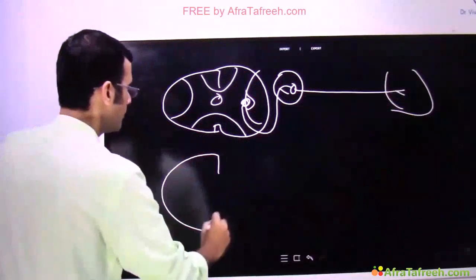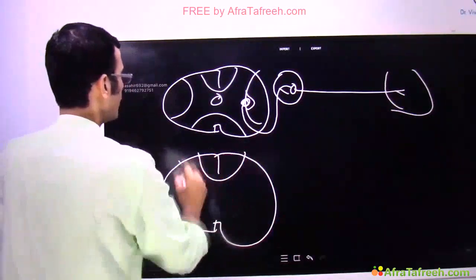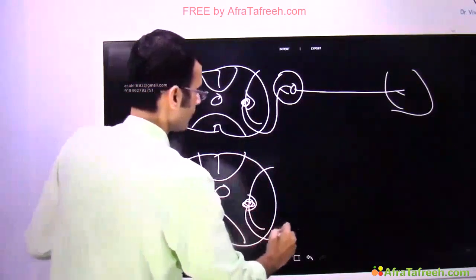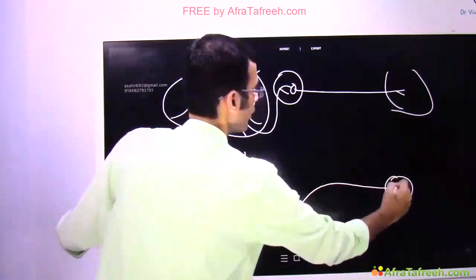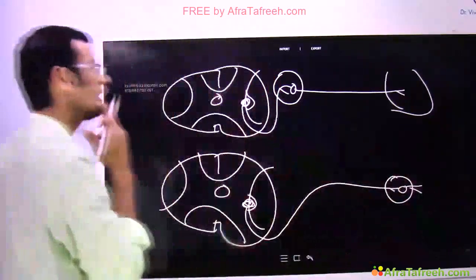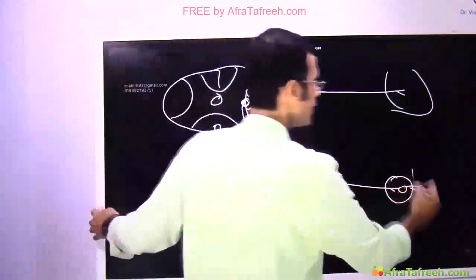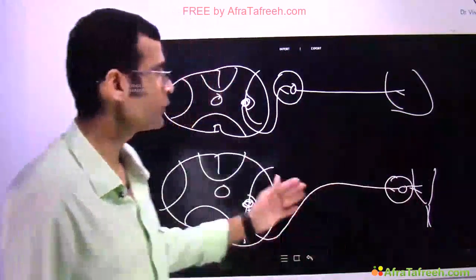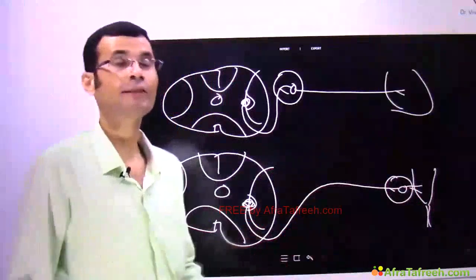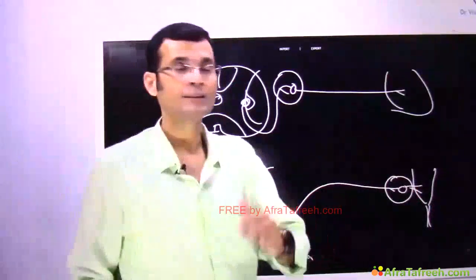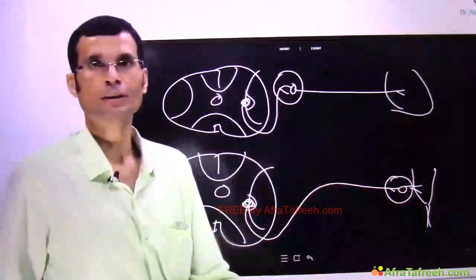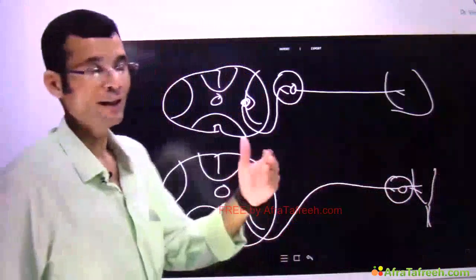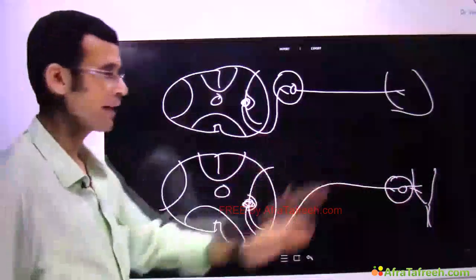So far as the parasympathetic nerve is concerned, it is the other way around. In the case of the parasympathetic nerve, the preganglionic nerve is long and the ganglion is located near the organ or sometimes in the wall of the organ. So the postganglionic nerve is very short. In fact, the postganglionic neuron does not have any axon, no nerve fiber. So the postganglionic parasympathetic neuron is called an anaxonal neuron. It does not have an axon.